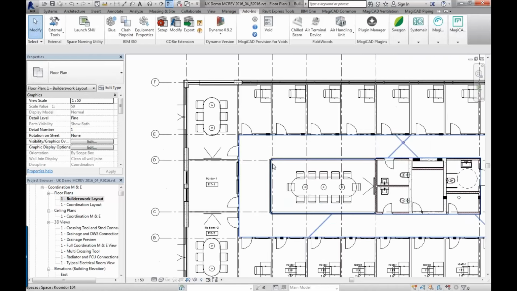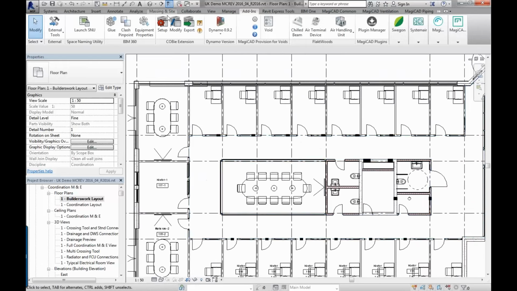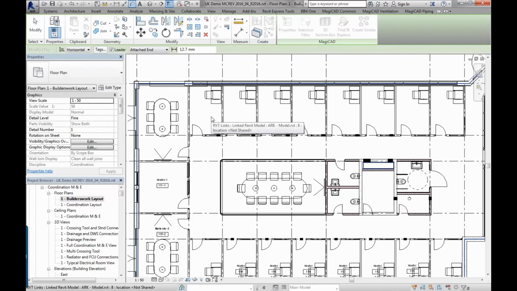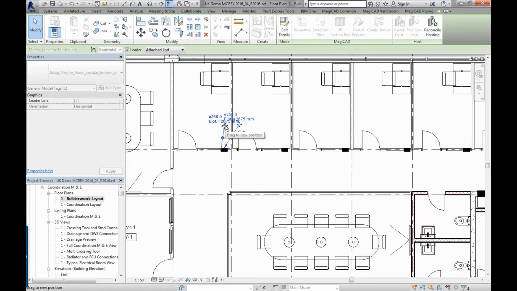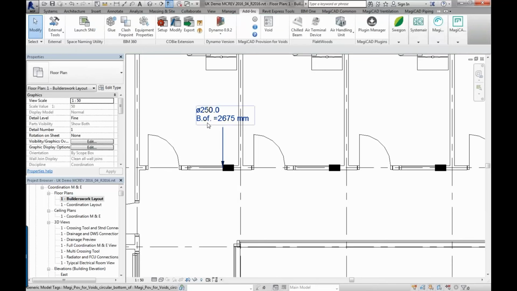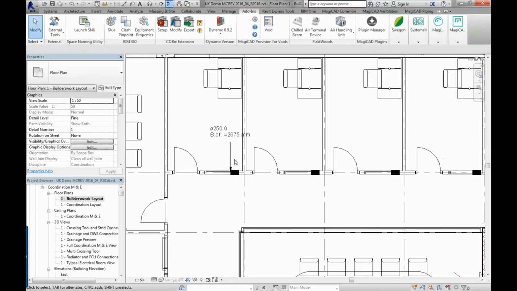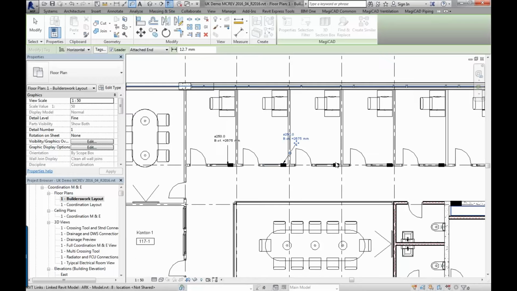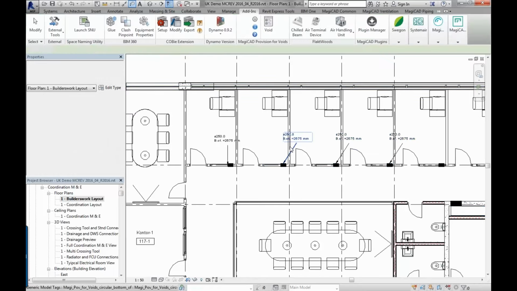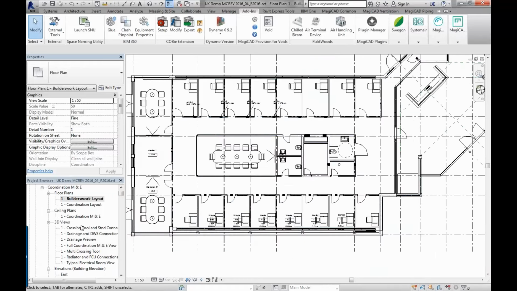That's not a problem because you just come into here, create a builders work model. You can see here we've got some builders work already created, and if I want to go and tag these builders work, I can just click on there, and you can see that it just tags it automatically with a diameter and an offset off the ground there. So you can just keep doing that for all the builders work as you wish, or you could tag them with a number. You can see there it's just putting all the dimensions in. So you can very quickly create a builders work drawing